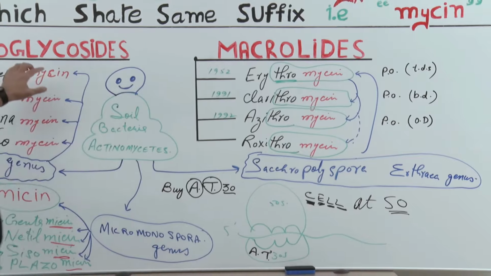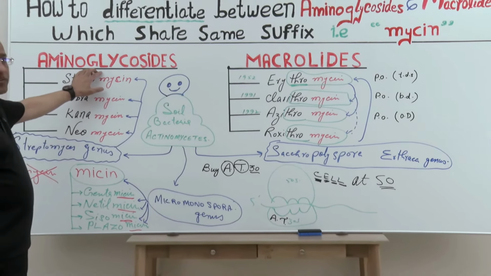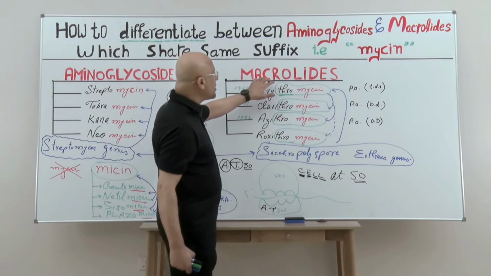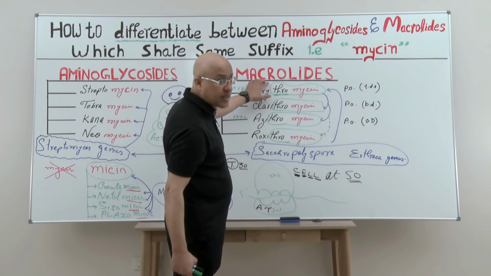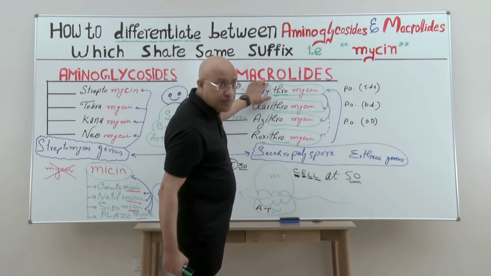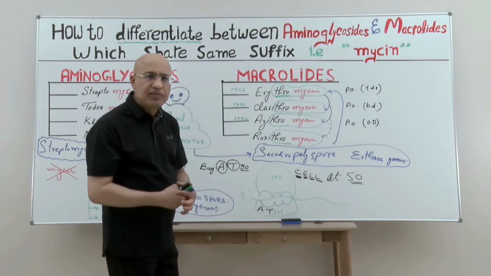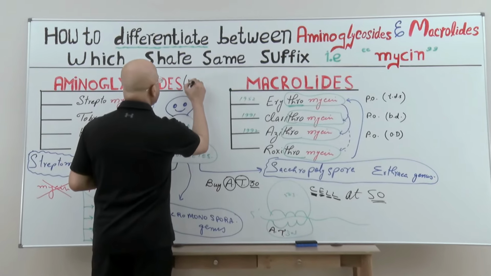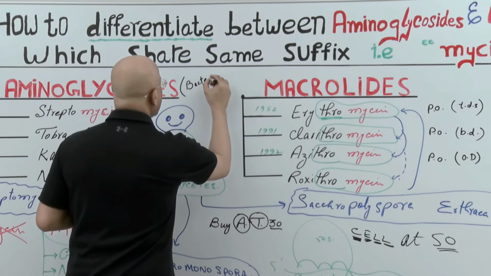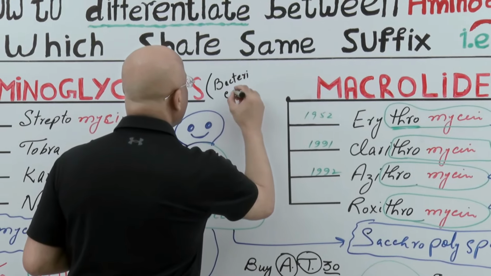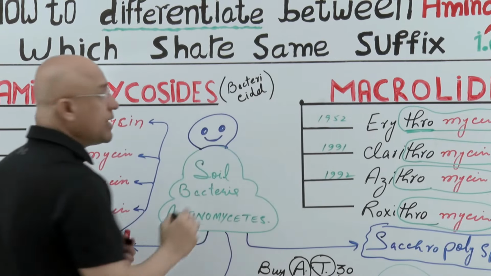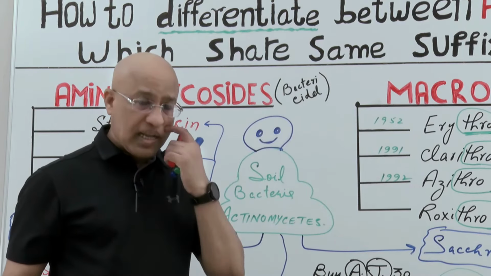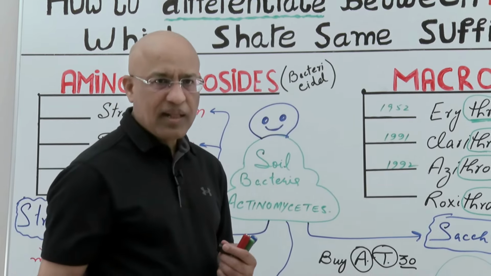But even though aminoglycoside also inhibits protein synthesis in bacteria by acting at the 30S unit, and macrolide inhibits protein synthesis in susceptible bacteria by acting at the 50S subunit, there is still a big difference. You know what that is? That this drug, yes, this drug is bactericidal. It kills the bacteria by inhibiting protein synthesis. It means it inhibits the protein synthesis in a very aggressive way, right? That I will explain